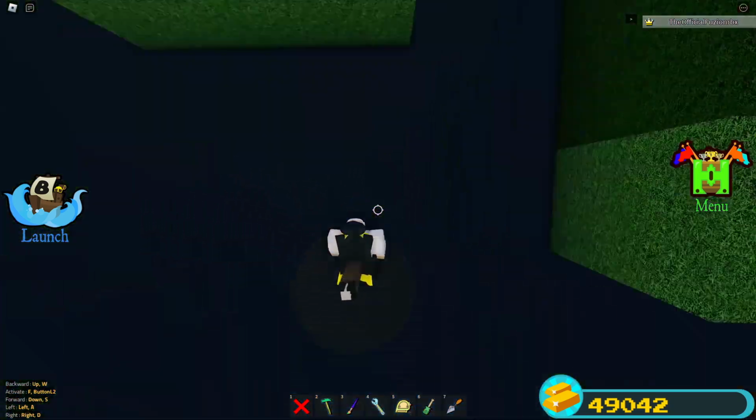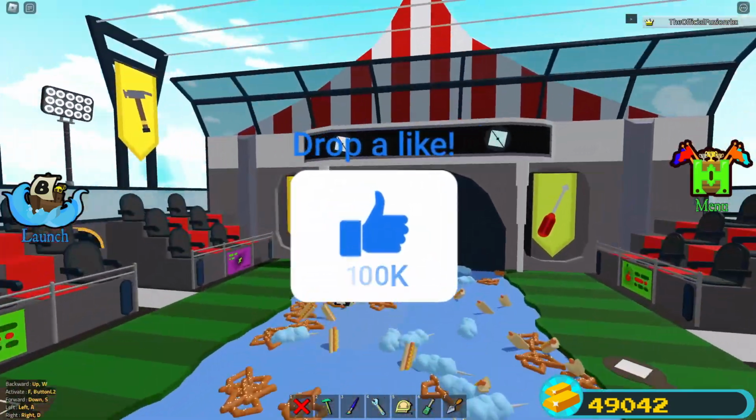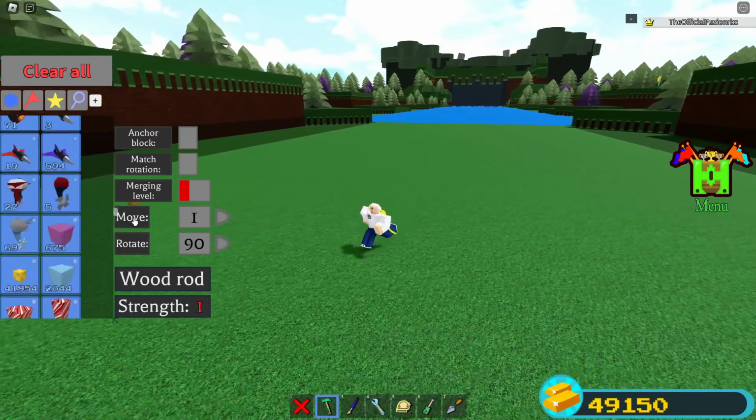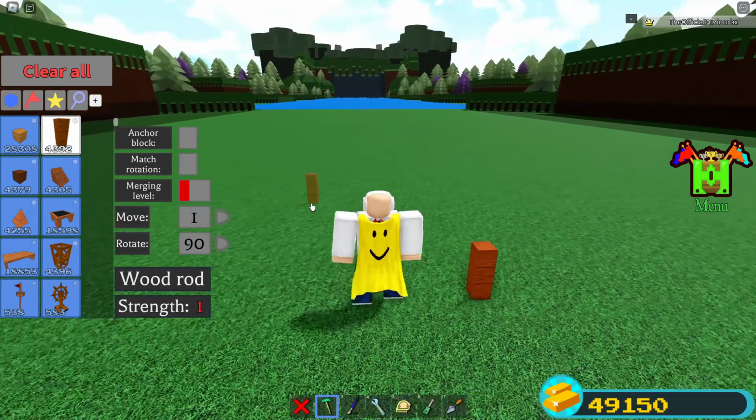Literally, it's so smooth and you can get to the end so easily with this glitch. Definitely a 10 out of 10 gold glitch inside of the game. This next one is super overpowered as well. What we're going to do is start off with yet again another wood rod, and then we're